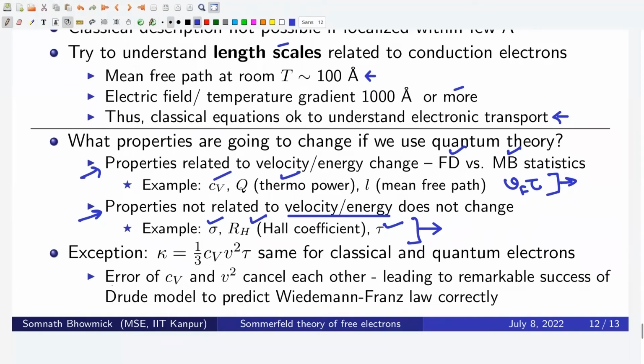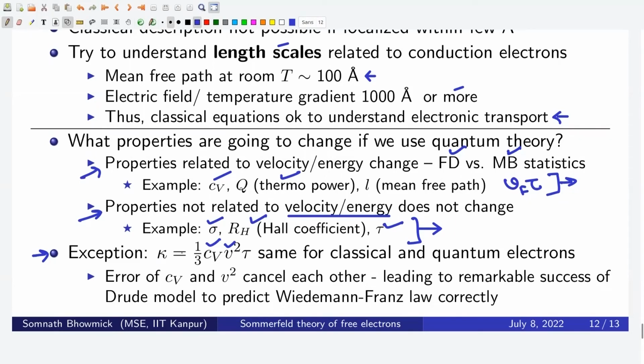Now, there is only one exception, correct? And it is the thermal conductivity. Kappa is equal to 1/3 C_V v² tau, right? You see that it depends on the heat capacity, right? And it also depends on the velocity. So you may expect that, yes, kappa should depend on whether we are going to use the quantum model or